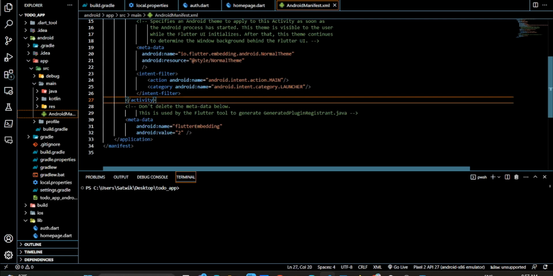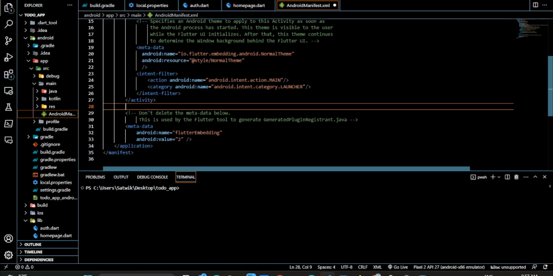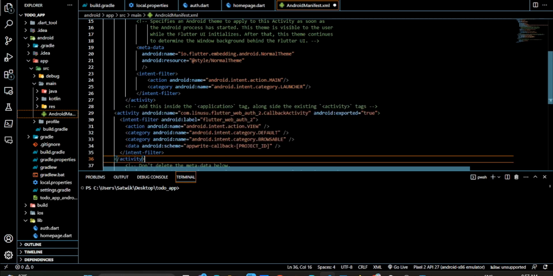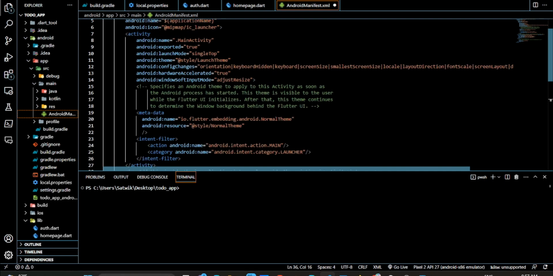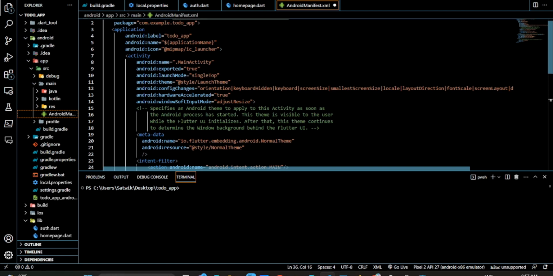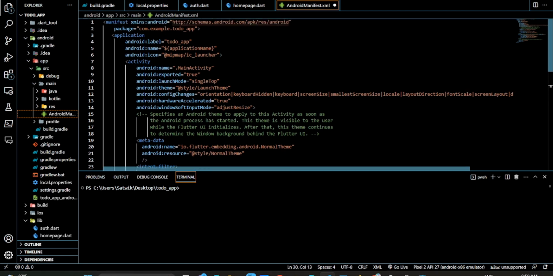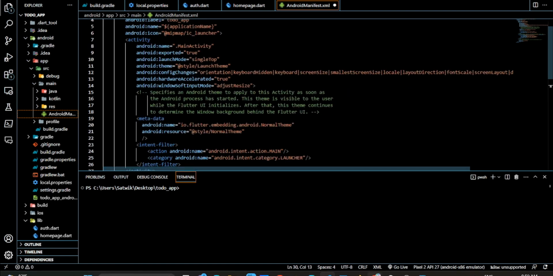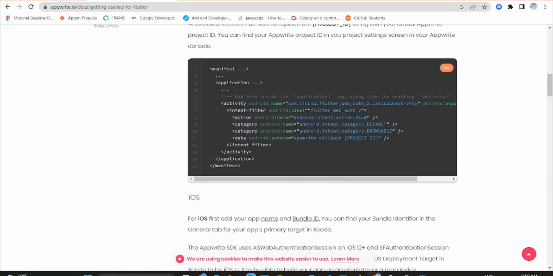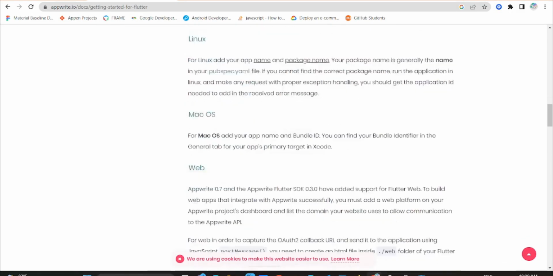We are going to Control V. After pasting this activity part, go back to the docs, and then the next part is